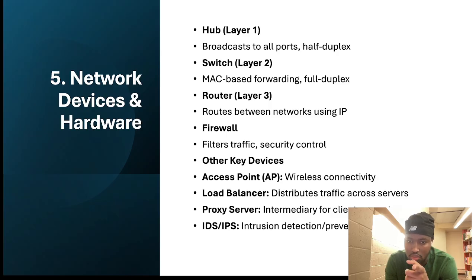Firewalls are very essential for security. They filter network traffic based on security rules and can operate on multiple layers. Access points provide wireless connectivity. Load balancers distribute traffic across multiple servers for redundancy. IDS and IPS systems detect and prevent intrusion. Each device serves a specific purpose in the network infrastructure. So yeah, exactly. This is everything that I was talking about right here. It goes into the details in